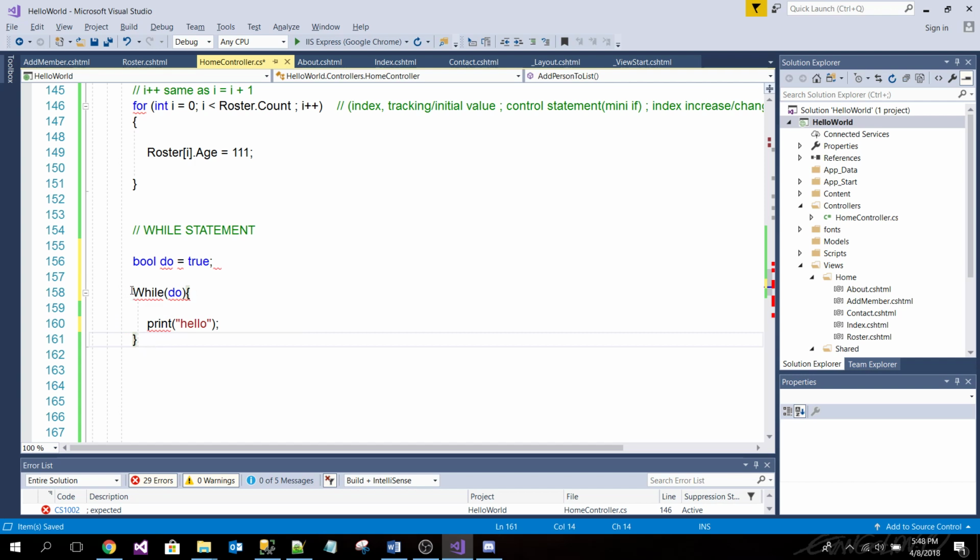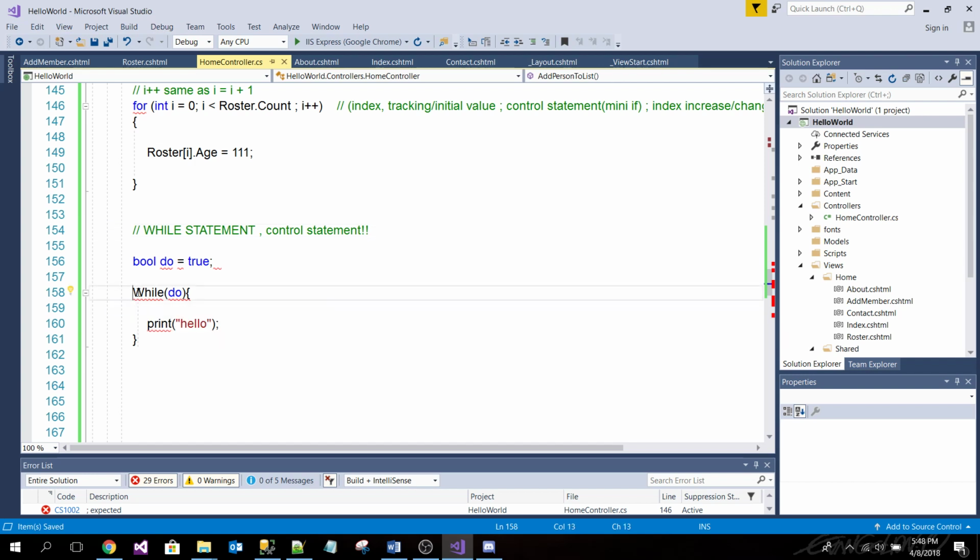We go back up and examine the control statement. This is the control statement here. Don't forget about it. The control statement is what lets you break out of a loop.